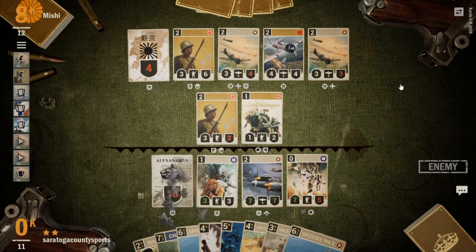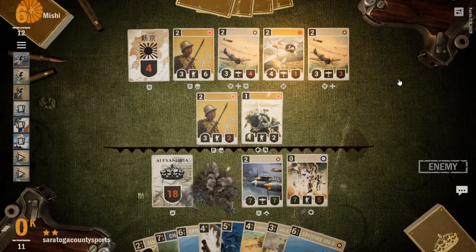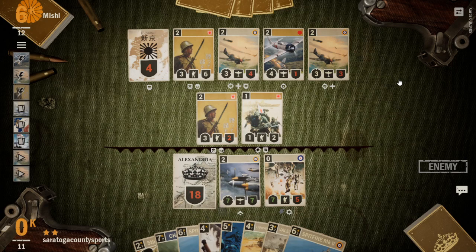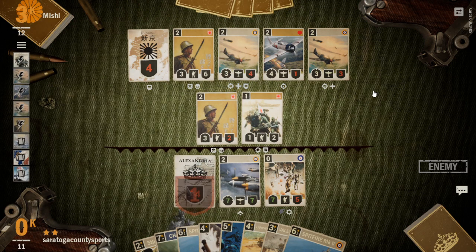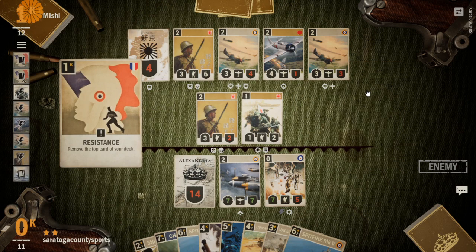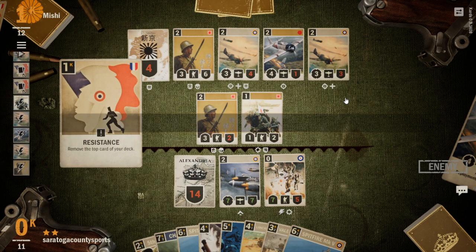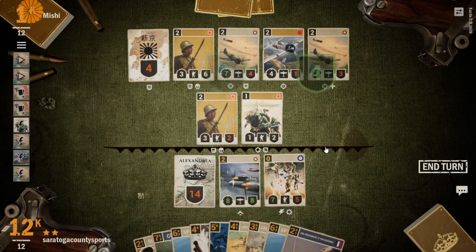Okay. Alright. So Welsh Guards, what are you gonna do? Okay. Not taking the mobilize off of our lightning still. Alright, resistance. Alright, good. Got rid of a gunboat raid. That'd have been bad. Alright, got rid of 0. That would have been bad too. Okay, so now